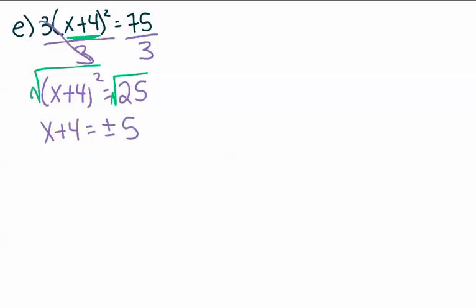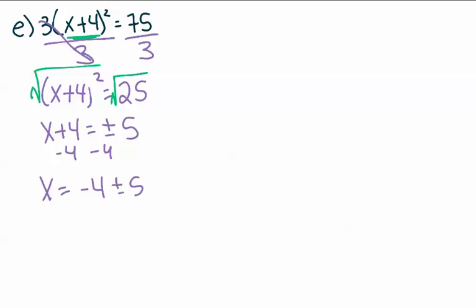Now, don't want to do any bad math. Remember, if that was the square root of 5, we would subtract 4 from each side and we wouldn't combine those. We would put that 4 in front of the plus or minus. So we have to do the same thing. So I want to go ahead and do that. I want you to see that if we're subtracting 4 from each side, this is really x equals negative 4